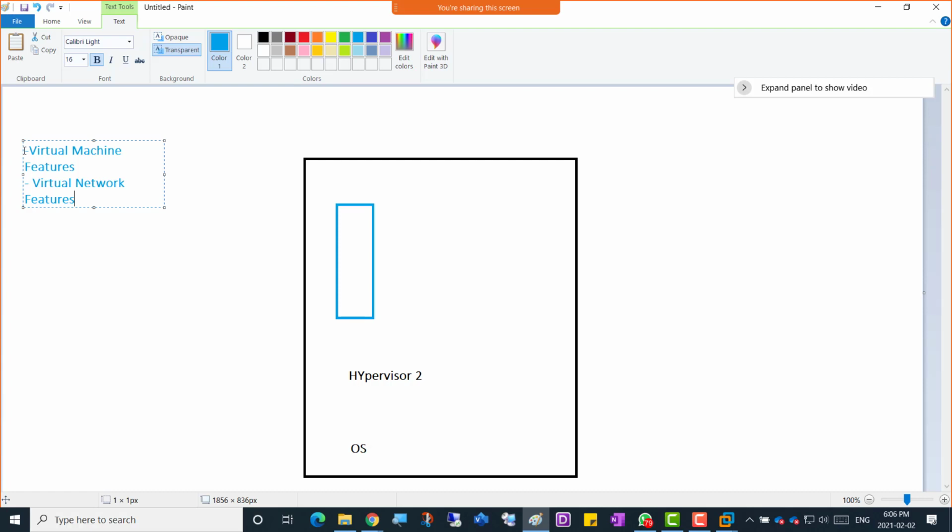So what you see in the on-premises virtual environment is what you will be seeing in the cloud virtual environment as well,